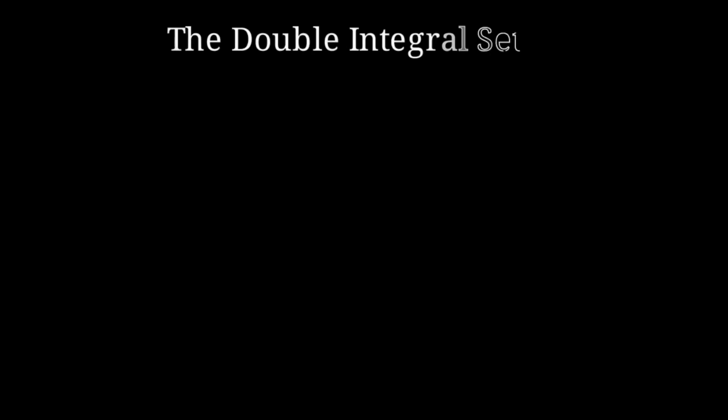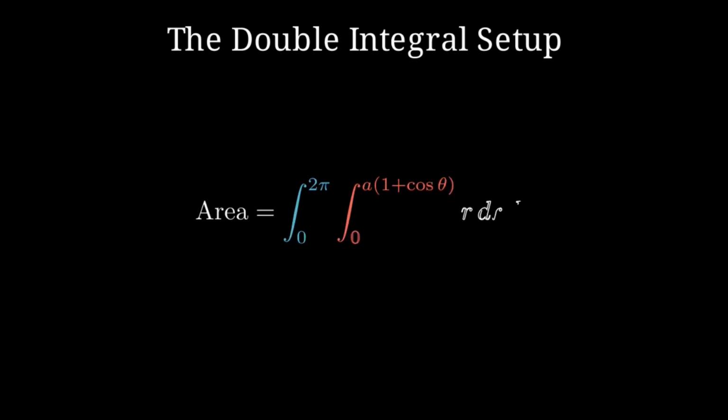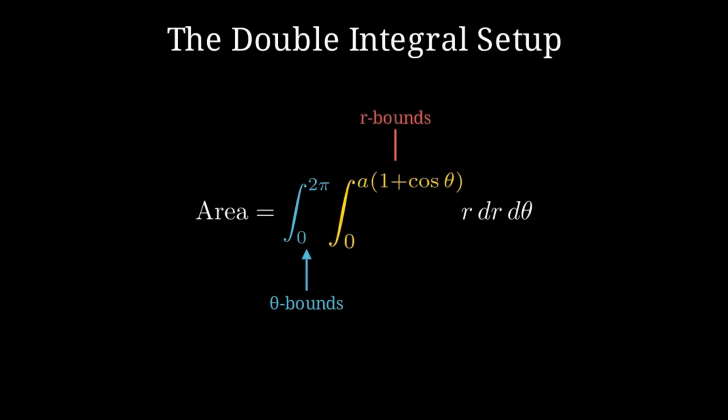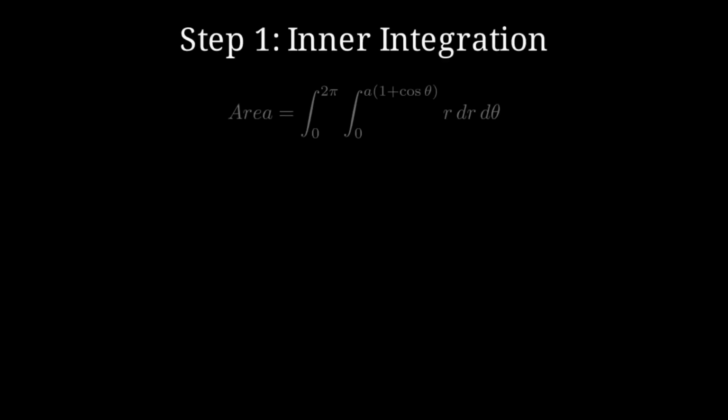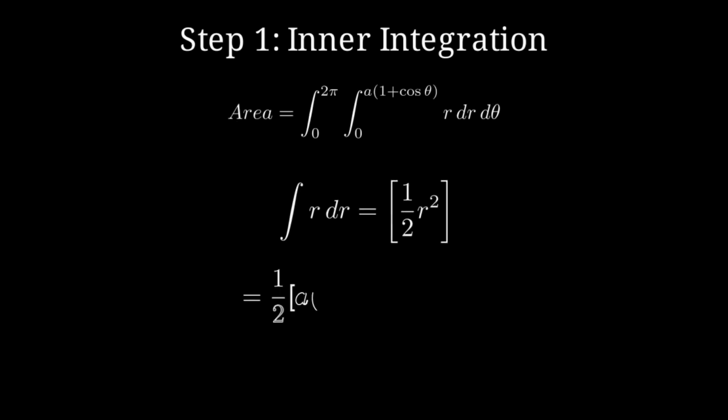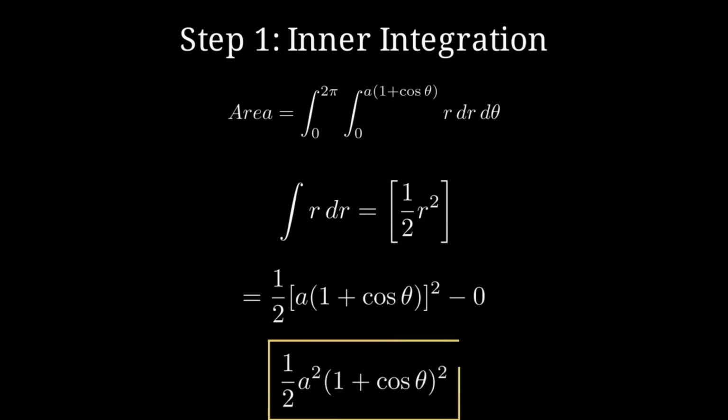Combining our bounds and our area element, we arrive at this double integral. Notice how the inner integral handles the radial distance, while the outer integral sums these radial slices across the entire range of angles. We begin by integrating r with respect to r. This gives us 1/2 r squared. Evaluating this from 0 to our boundary function, we get 1/2 times the square of the quantity a times (1